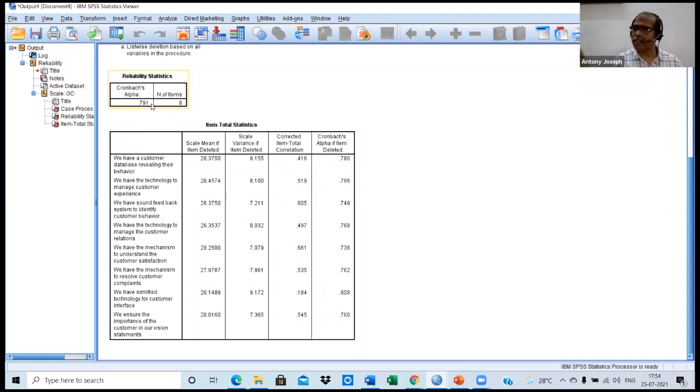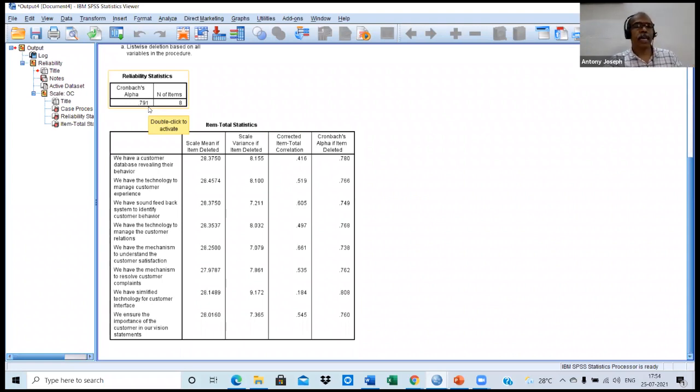I haven't seen a scale with 1. I have tested hundreds of scales, but I haven't seen a scale with 1. The minimum requirement is 0.7, and the Cronbach alpha in our case is at present 0.791.